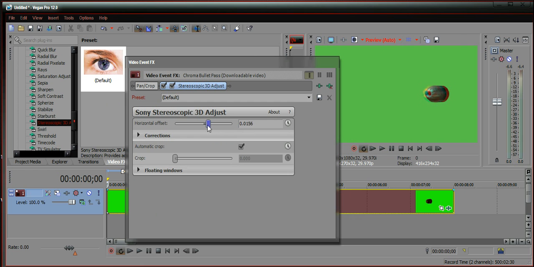You can see what it's doing. Depending on what you want, you can adjust it way out like that, or way out like that, or just a little bit. And if you want the 3D adjust to move while the video is playing,